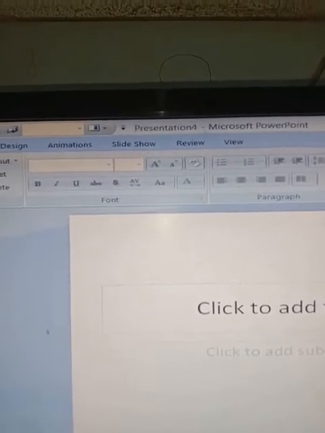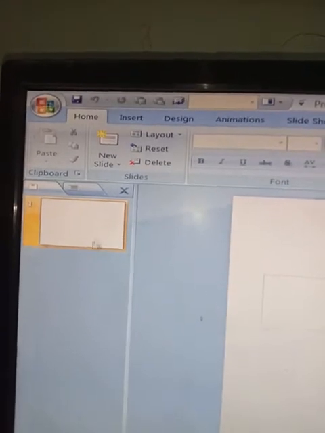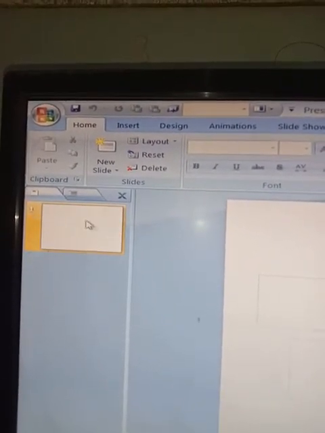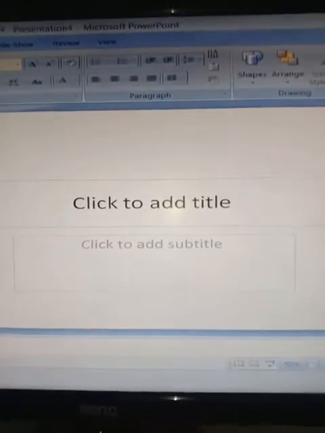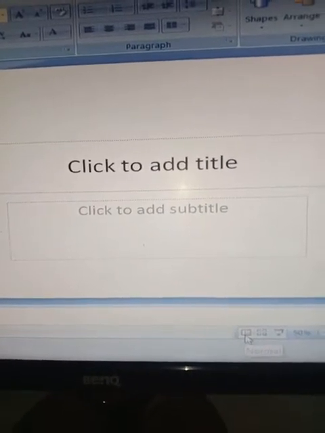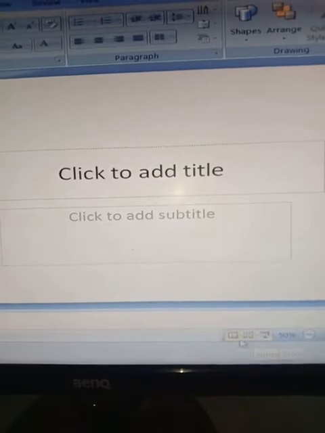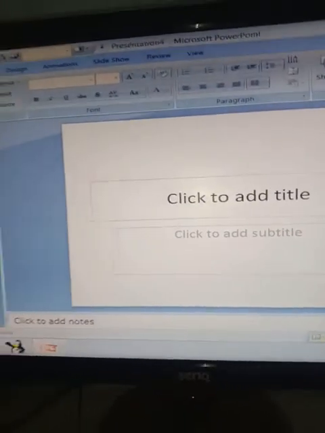Next we have slide tabs. This is a slide tab that displays all the slides in sequence that are created one after another. So we can add the slides over here or remove them. View button. Look in the status bar. This is the view button. The different types of view we have: normal view, slide sorter view, slide show view. So these are the different types of views that we have in the status bar over here.